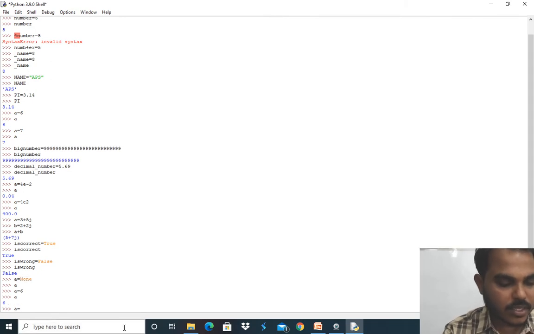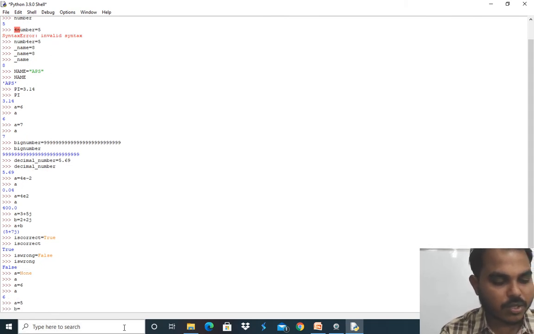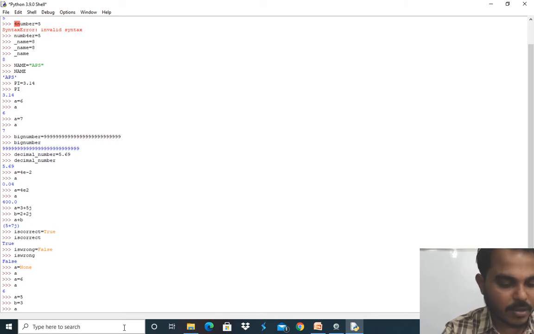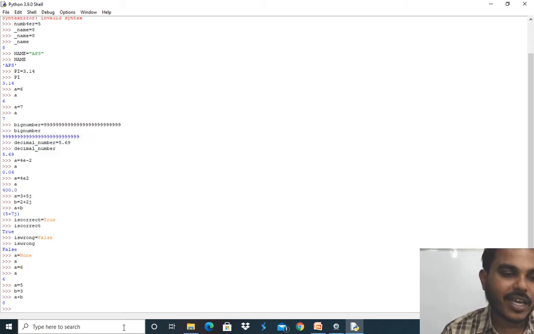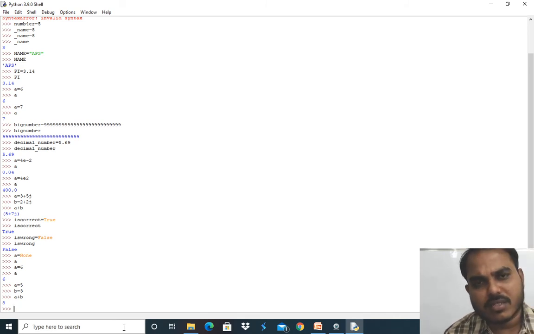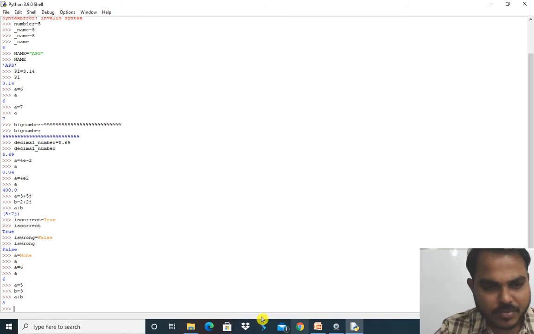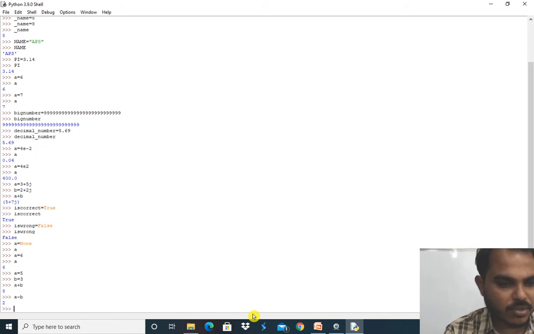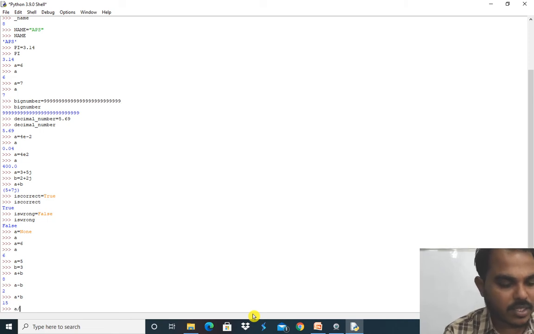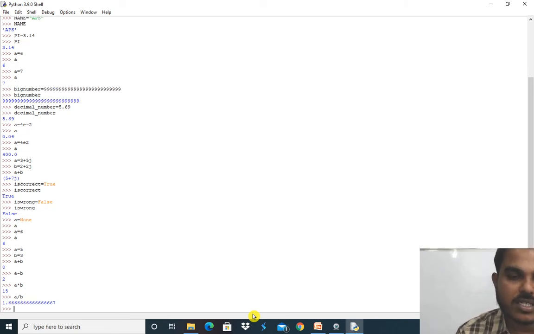So I'll take a is equal to 5, b is equal to 3. So I want to make a plus b. See here, a and b are the two operands. I am making an operation on a and b by using the operator plus here. Okay, 5 plus 3 is equal to 8. Easy. Plus, minus, division and multiplication, only you need to use different types of operators here. So for minus I can use a minus b, that is 2, and for multiplication a into b, that is 15. For division, a divided by b, 1.6667. So as I said, if you use the double slash, you will get the standard value.